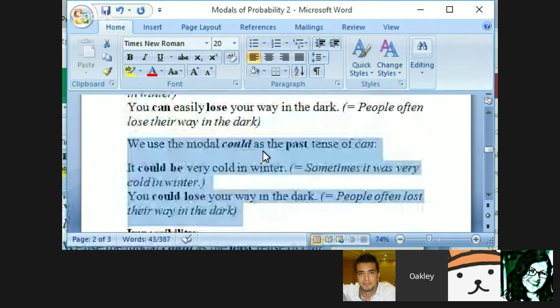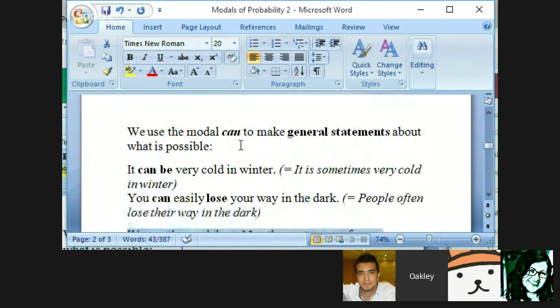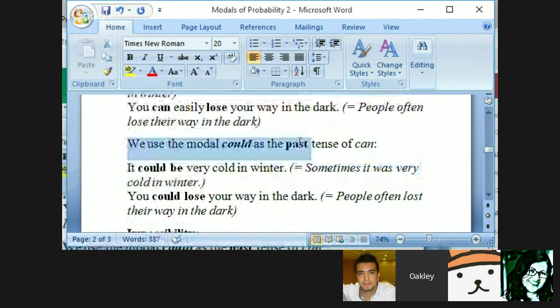Okay, here's another one using can't. Hey, teacher, I have a question. Sure. What's that? It's about the could in the past. Mm-hmm. When we say it could be very cold in winter, which means past. So let's say I know how the winter was last year. So how can I be not sure when I say could? I'm supposed to be 100% sure it was cold or not cold. Do you get my question?